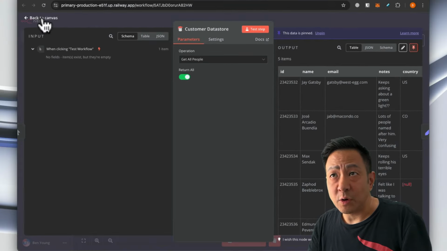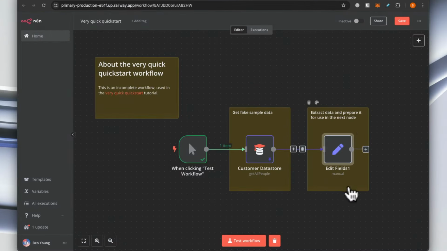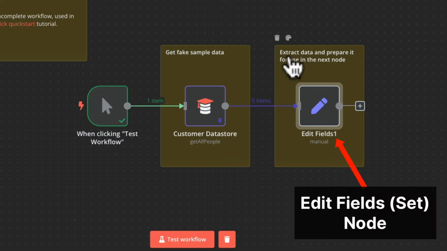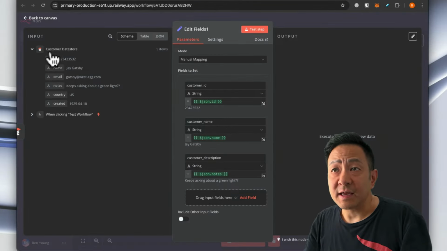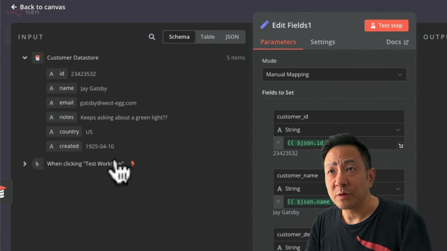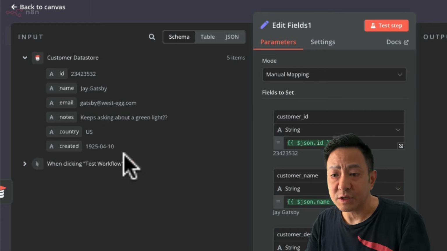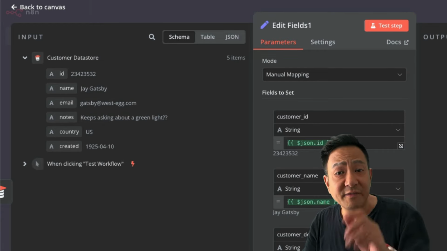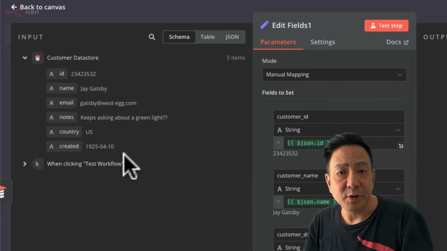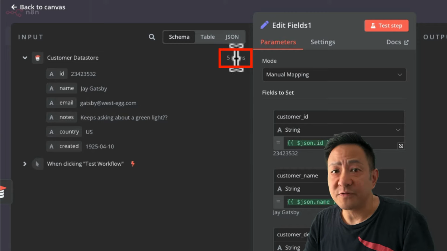Now, if I close this node and I go back to the canvas, if I look at this second node, it says here extract data and prepare it for use in the next node. Now, if I double click on this node, we can see the input that's coming into this node, which is the customer data from the previous node. If you recall, the output from the last node contained the data of 5 customers. And even though this input is only showing the first customer's data, we can see that it says 5 items